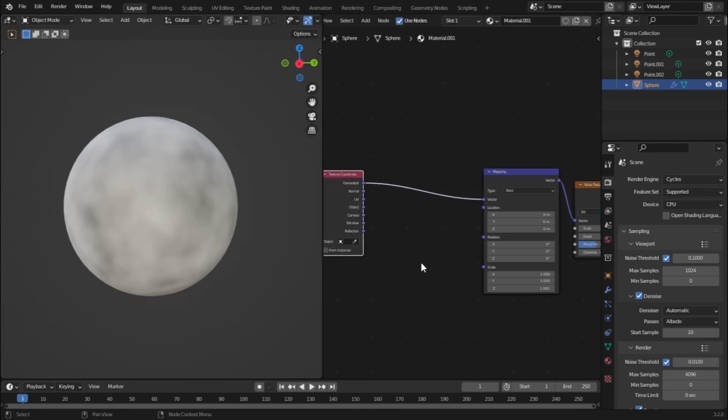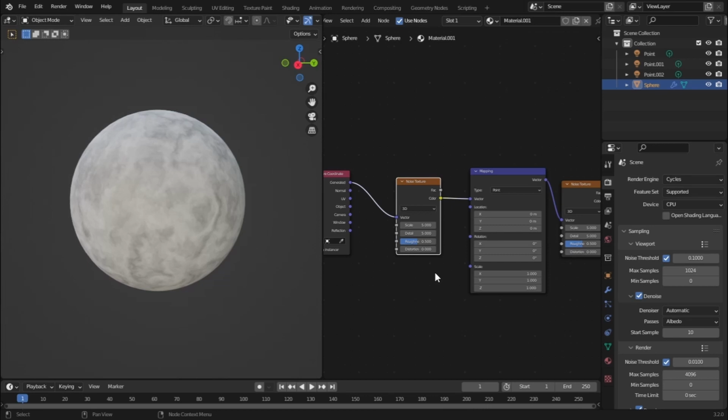Now let's again add in a noise texture, and let's plug this noise texture between the texture coordinate and the mapping node. And now as you can see, we have a pretty good marble pattern. So let's increase the detail. Let's bump up the detail all the way up, and now let's try increasing the roughness just like that. Okay, so let's set that to 0.6,